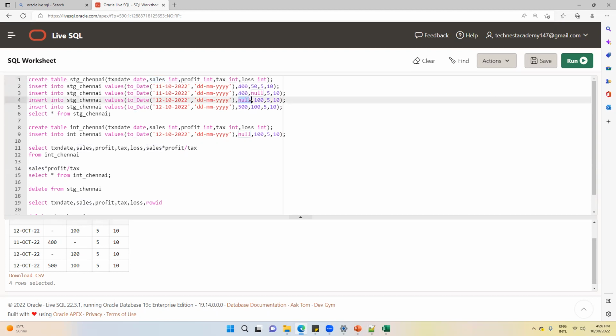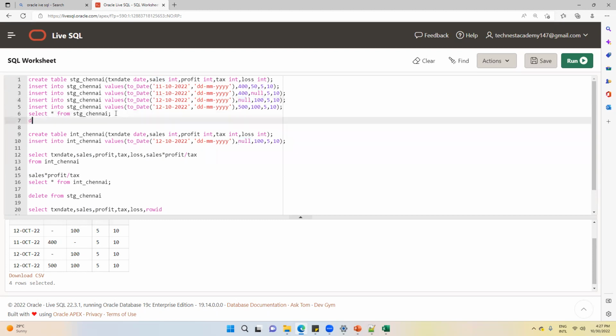Then we will ask the source team to send the data again. When they send the data again, first of all, I will delete all the records of the 12th October. Yes, you have to delete those and overwrite. I will delete this data.